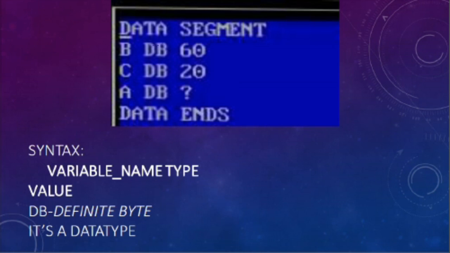So DB contains only one byte of memory. So 60 is the value assigned to B and 20 is the value assigned to C. Now the value of A we have to find here. Next, data ends. This line indicates the end point of the data segment.